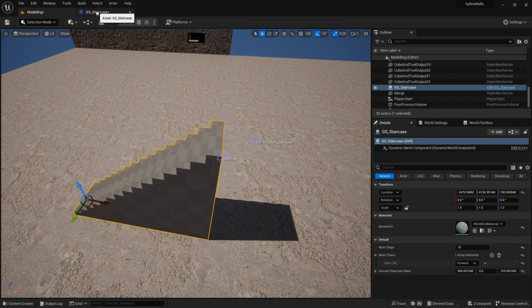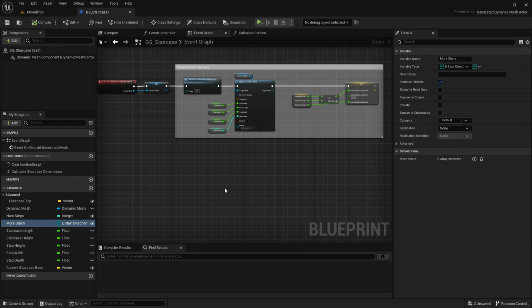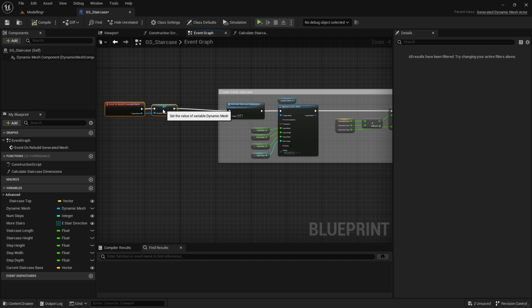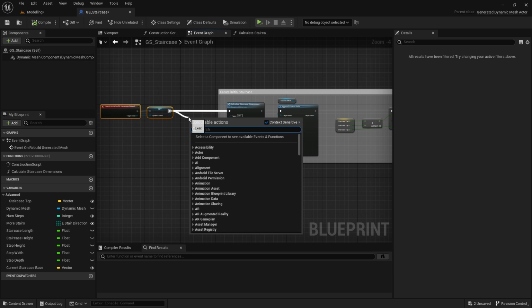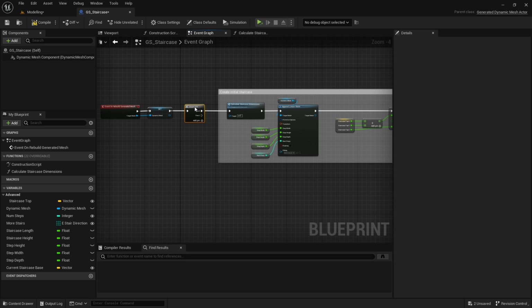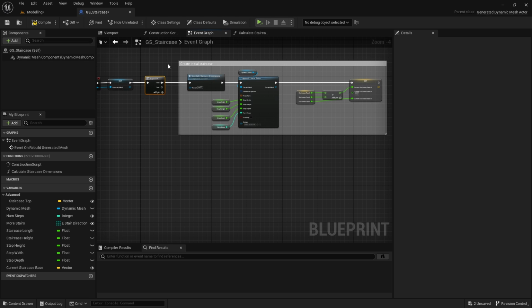Okay, and let's come back here and start to use this. Let's start to go through those staircases, and we'll create the landing first of all. So let's use a sequence to tidy this up. I'm going to drag the first 2 nodes back, and I'm going to insert a sequence node in between there and the create initial staircase. And now we want to go on and do our next step, which is to go through each of the more stair directions. So let's drag this in,